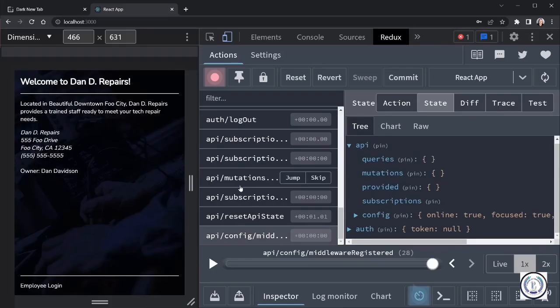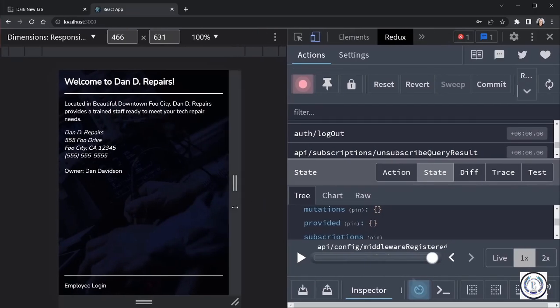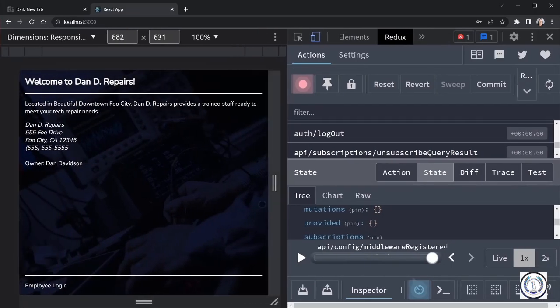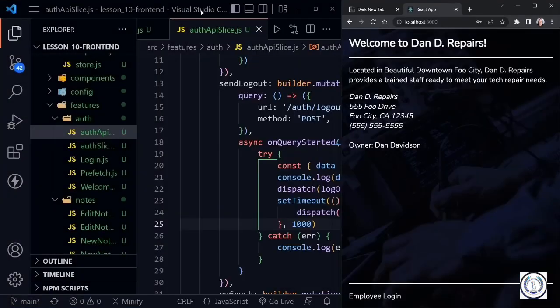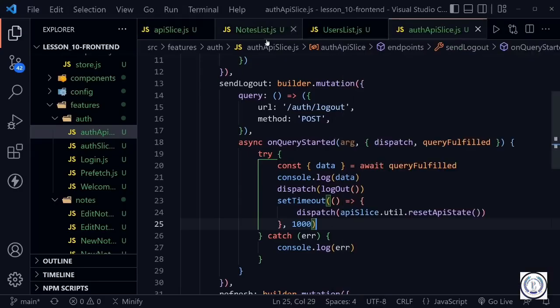Before we did not have that. So that's just important to note. If you don't put in that actual set timeout with a little bit of delay, you will have that one subscription from your get users or your get notes that is still active. Okay, with that workaround now in place, let's drag this back to the left and once again look at Visual Studio Code. We are using the JWTs now. We have the logout working correctly, and we're ready to work on persisting our login state even when we refresh